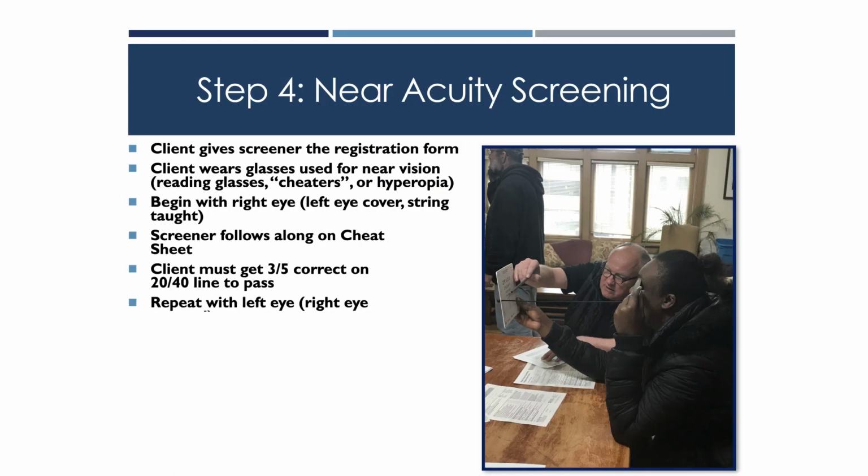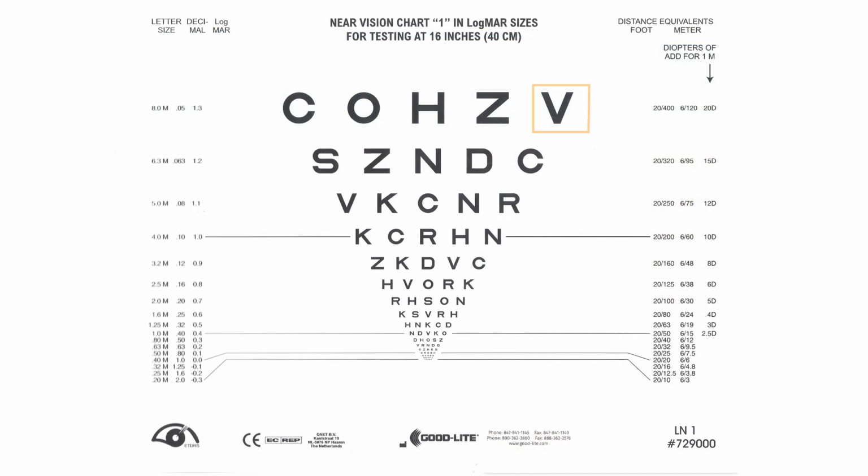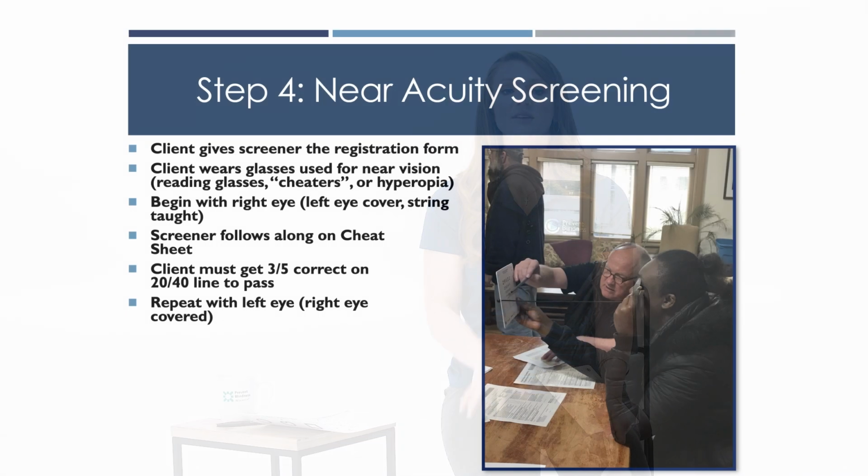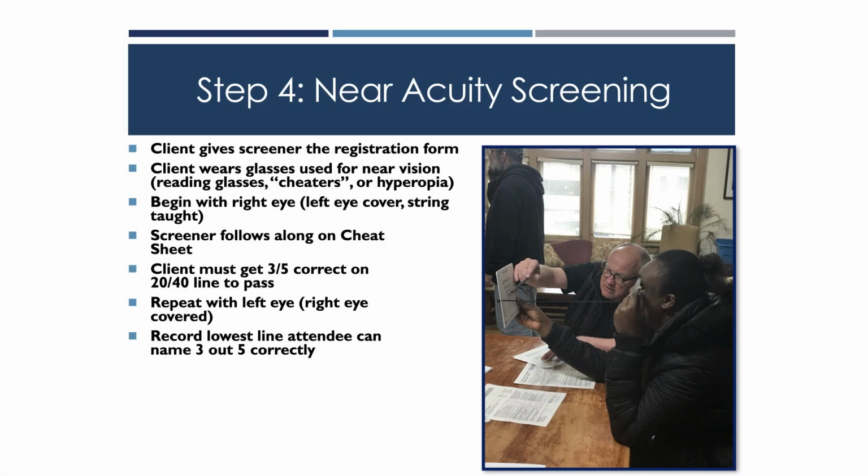You are going to do the same process on the left eye, starting with the V. You can say to the client, please start here and read down this column for me. It's going to follow the same column, just on the highlighted portion of the left eye on your cheat sheet. Same process, 1 letter per line down to the 20/40 line. If they can get down to the 20/40 line, you will tell them to stop and please read across for me. They must get 3 out of 5 letters on that 20/40 line to be considered passing in the left